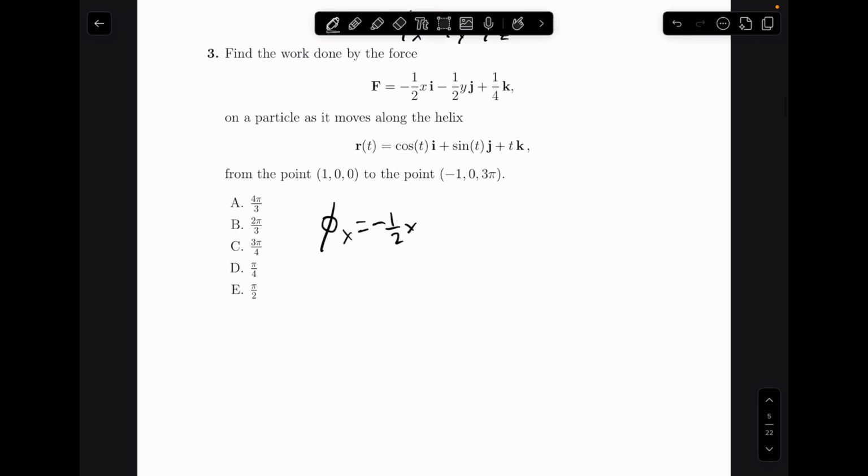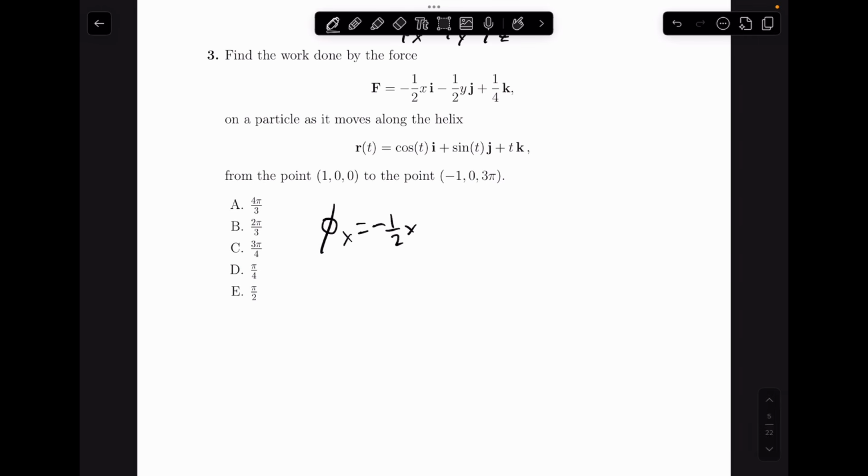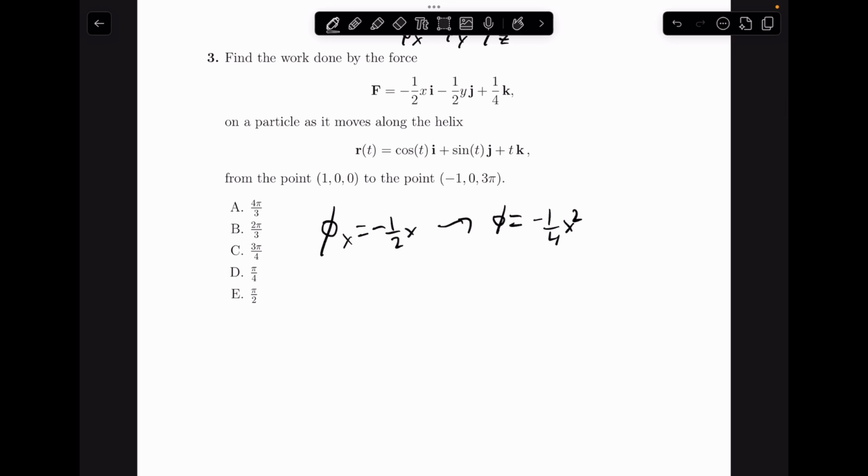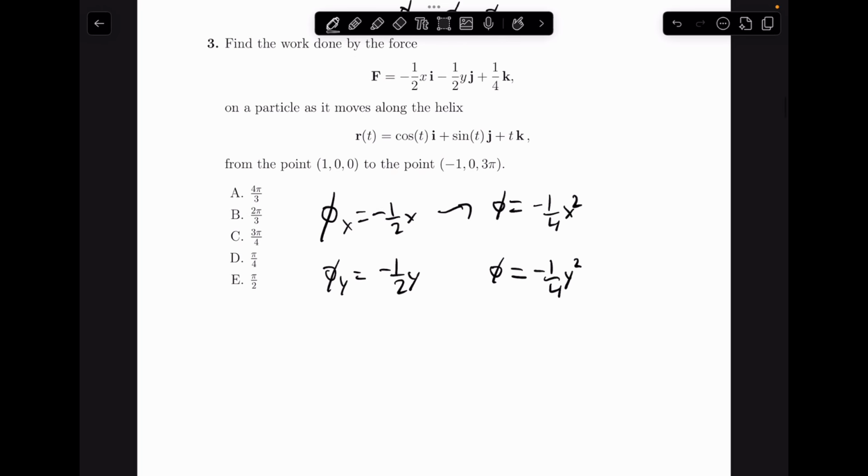If we integrate with respect to x, we're going to get phi equal to negative 1/4 x squared. Same thing with y. We're going to get phi y equals negative 1/2 y. So phi is going to be equal to negative 1/4 y squared. And then phi z is 1/4. So phi is going to be equal to